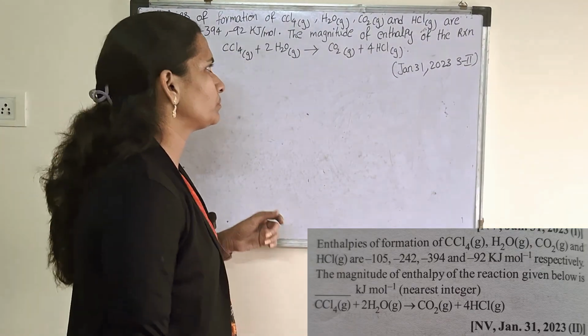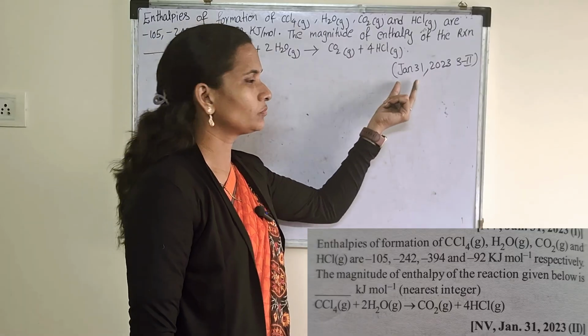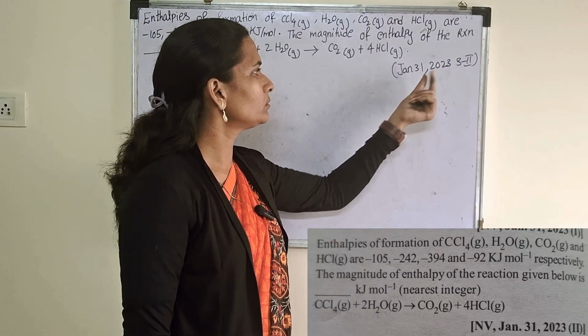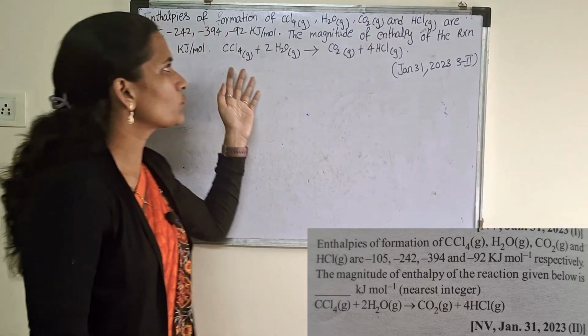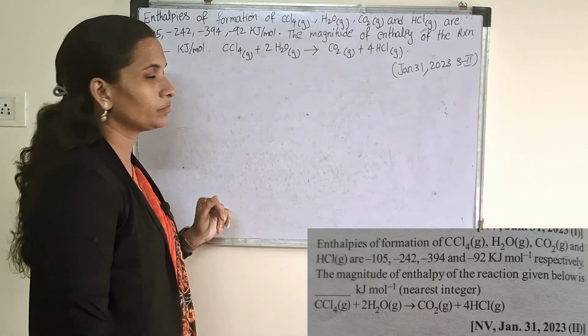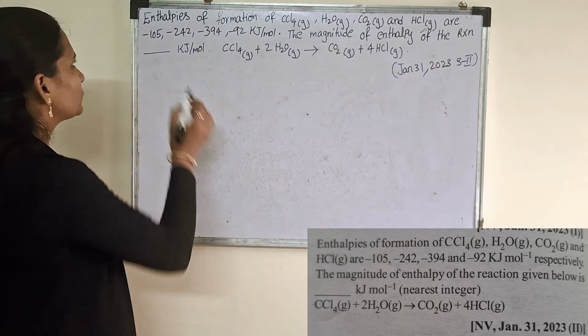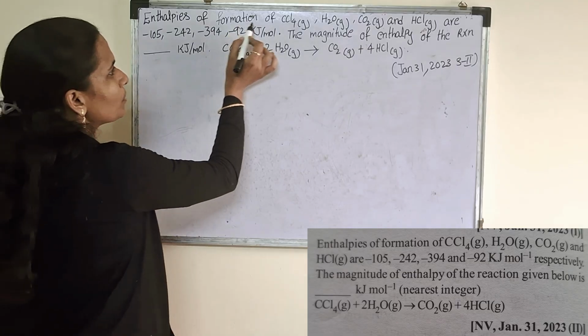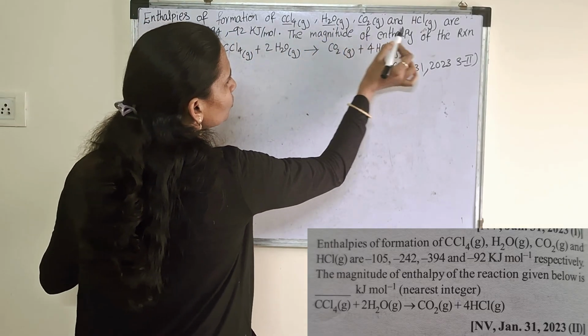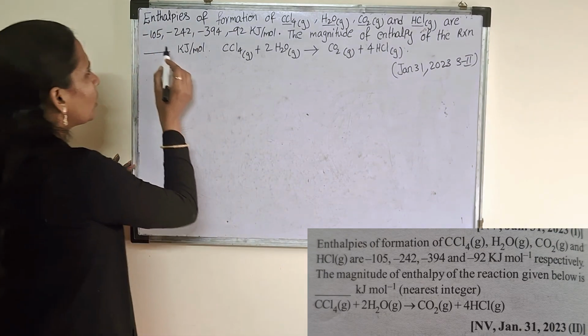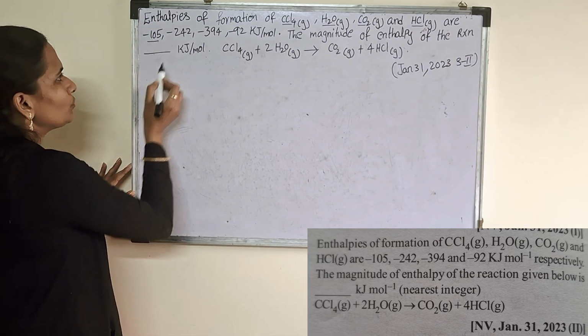Good evening, students. Today's question is from January 31, 2023 shift. This question belongs to thermochemistry. Now coming to the question: enthalpies of formation of CCl4, H2O, CO2 and HCl are minus 105,